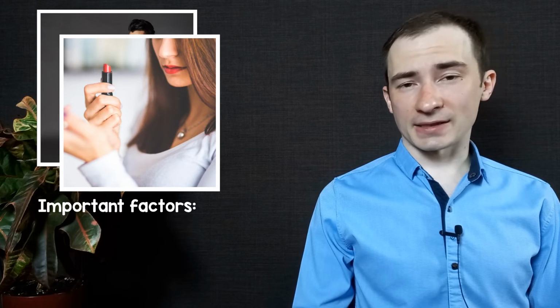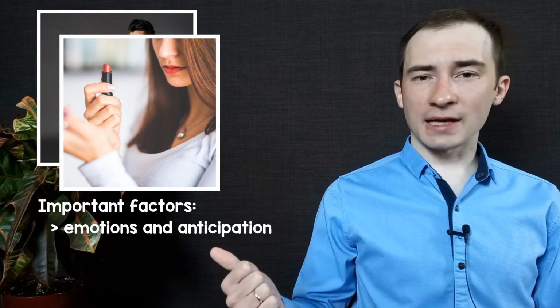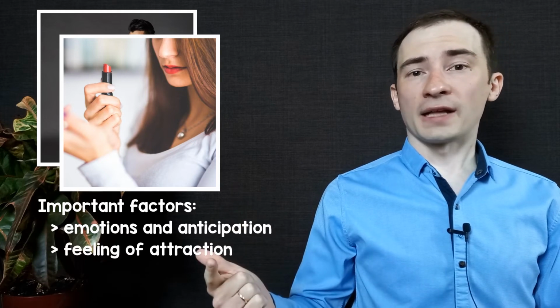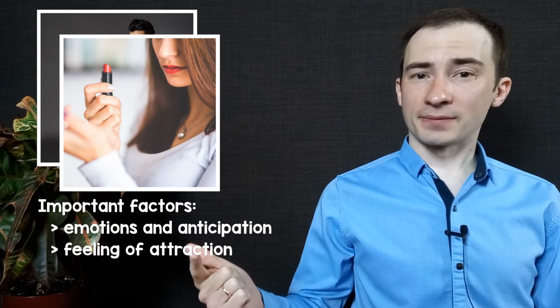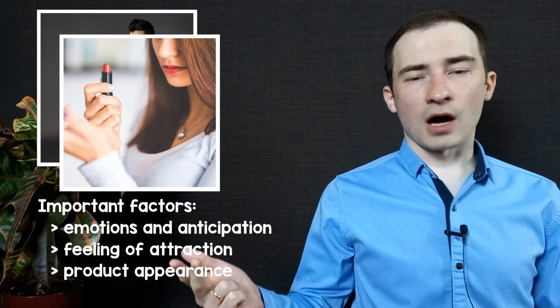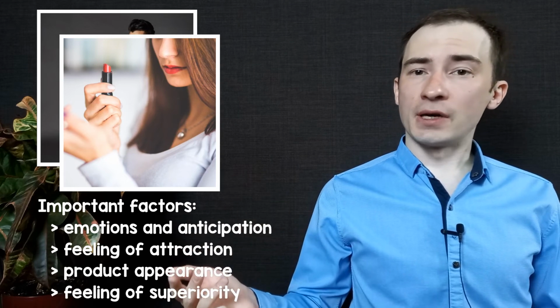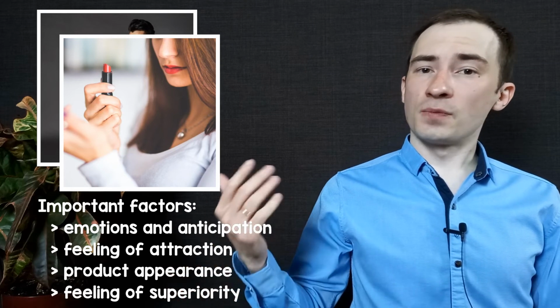That's why people driven by this instinct pay attention to the following aspects: own emotions and anticipation the product evokes, feeling of attraction and uniqueness, appearance, how beautiful the product is, feeling of superiority over others, ways to impress and